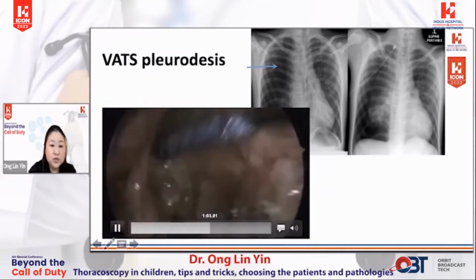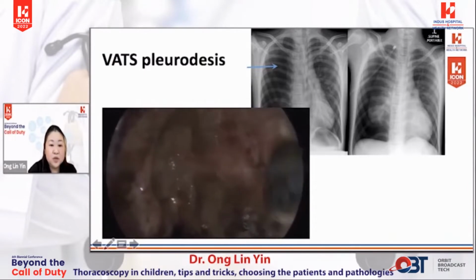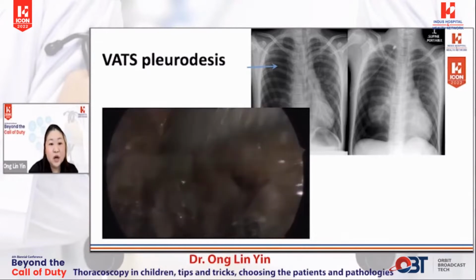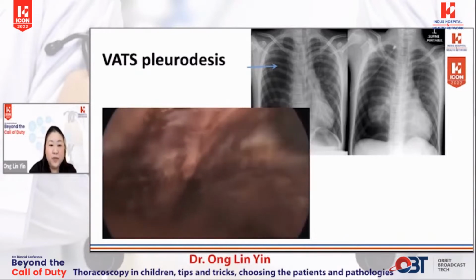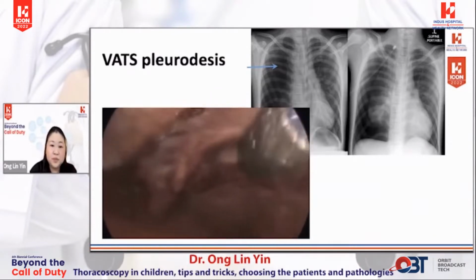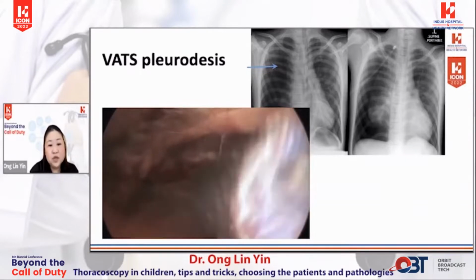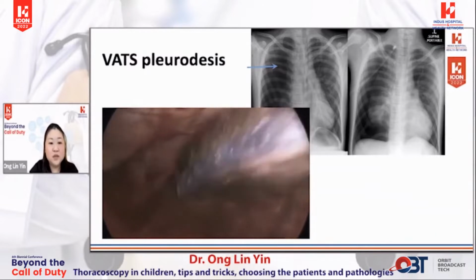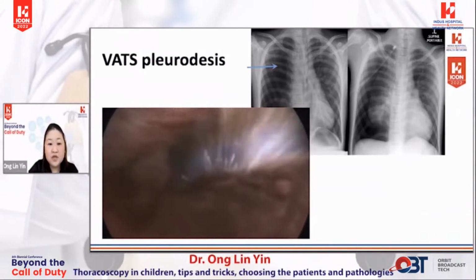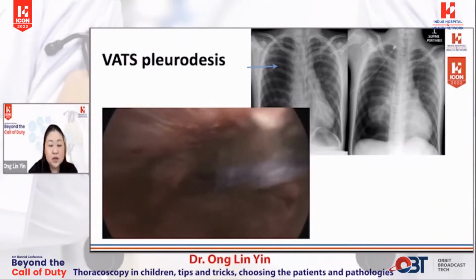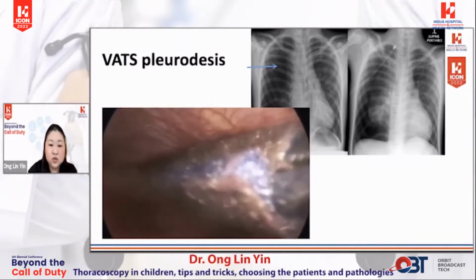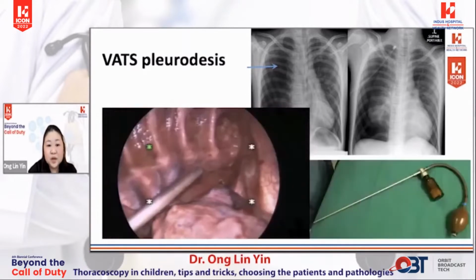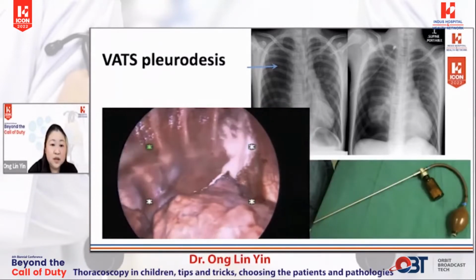Once the bullae have been removed, then we can opt to do one of two methods of pleurodesis. This is mechanical pleurodesis, where we use a diathermy scraper and we wrap it around an artery and then we scrape the chest wall. We used to do this very regularly until we reviewed our results and discovered there was an up to 30% recurrence rate, after which we have stopped using this method and we now resort to the second method of pleurodesis, which is a talc pleurodesis, which you can see over here.